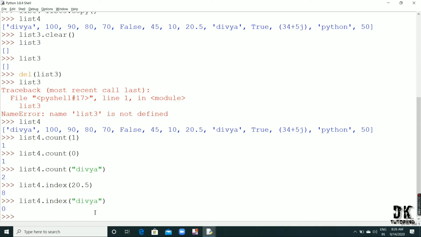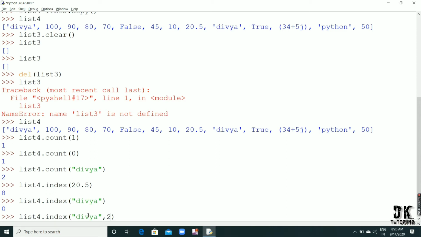Okay, so I just write here list 4 dot index Divya, and I want to count the second Divya's index.